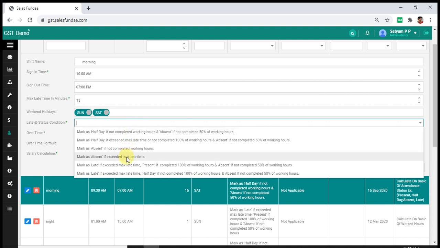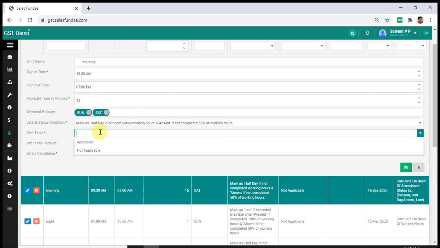You can add this according to you. Mark as absent if exceed maximum late time, mark as absent if not completed working hours. You can select this according to you. After this, overtime: if overtime is applicable, add applicable, and after adding the applicable you have to fill the overtime formula.